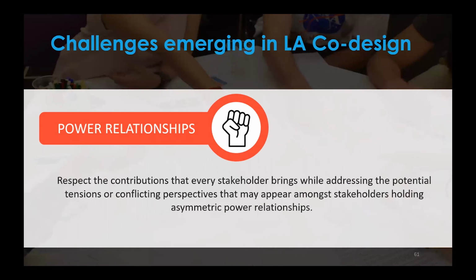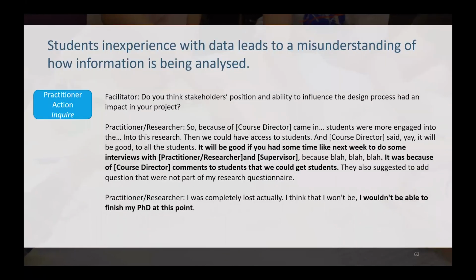Power relationship. We expected to have this challenge in a face-to-face confrontation, like literature used to say. But that didn't happen with us. Even sessions between teachers and learners were actually very civilized. There were no discussions about it. But it happens in a different way. It happens in a matter of influence. After talking with the researcher in the nursing case study, this was just a matter of influence.